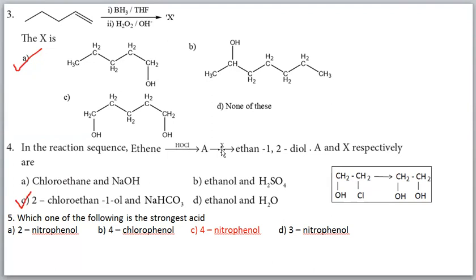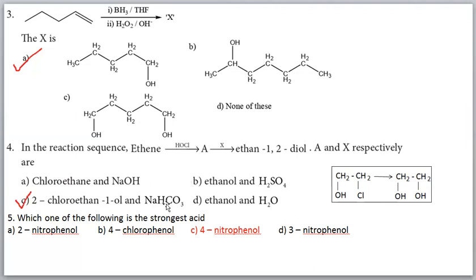Okay. It reacts with X. X is a reagent, a compound. Okay. You see, then which compound will we get? Ethane-1,2-diol. This product we will get. Okay. So how to change this compound to this compound? It should be hydrolyzed. Okay. So we have to use sodium bicarbonate, sodium carbonate, sodium hydroxide, etc.